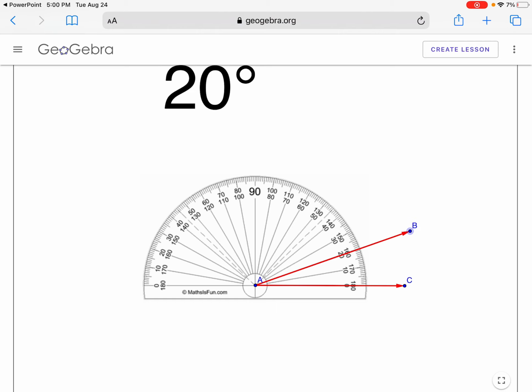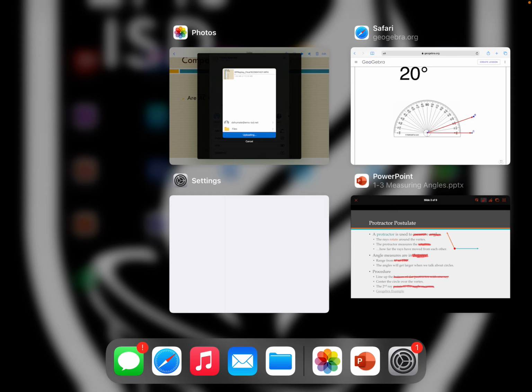It's still in the same position, but now our angle measure is 20 instead of 160. Okay, and that's because this protractor goes by wherever your bottom one is. You always want the ray that's in line with the bottom of the protractor to be going through a 0. And then you can just count up instead of having to go at 180 and count down and find the difference. Okay? So when we go back to our PowerPoint here,